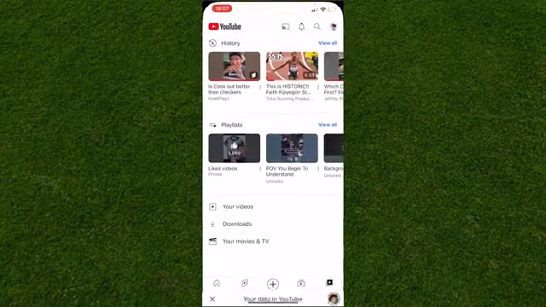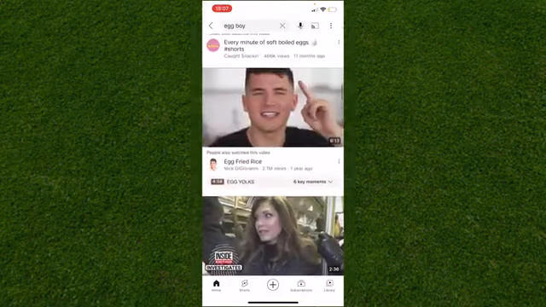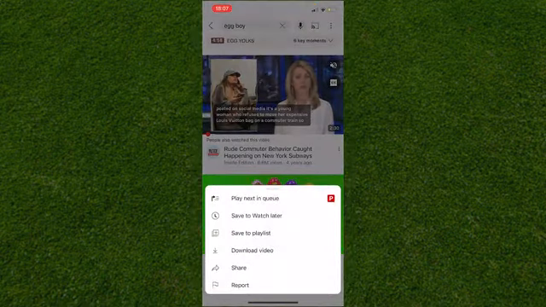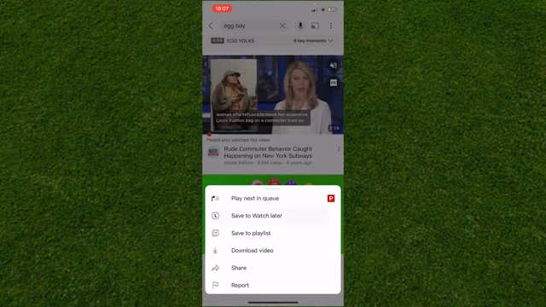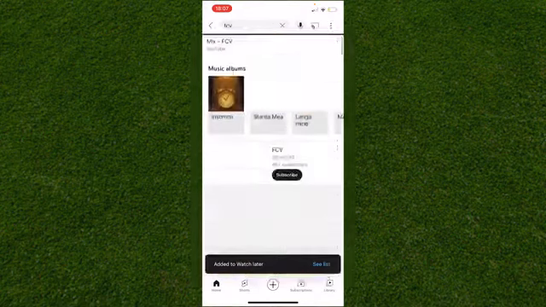see them is we head over to the YouTube browser, and let's just say we want to save this video right here. How we actually save this video, click on the three dots right next to the video and then click on the save to watch later option right here. Second option, once you click on that, as you can see, it will actually save this to our watch later